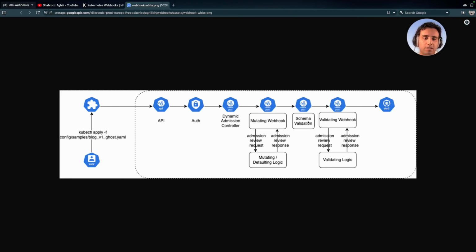Then we have the schema validation, which, as you might remember, comes from the OpenAPI schema of the CRD API. We have an OpenAPI schema, and we can basically tell our declarative API that, for example, this field needs to follow a certain regular expression pattern, or should have a minimum value of X or a maximum value of Y. So this kind of schema-based validation happens after the mutation webhook,